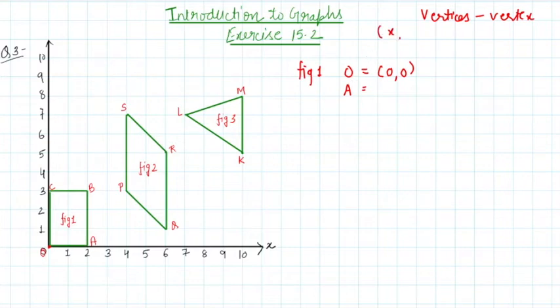Remember the order is x and y. I'm again and again repeating the same thing. So the value of x is here 2. And how much is y? Y is again 0 here. So it will be 0.